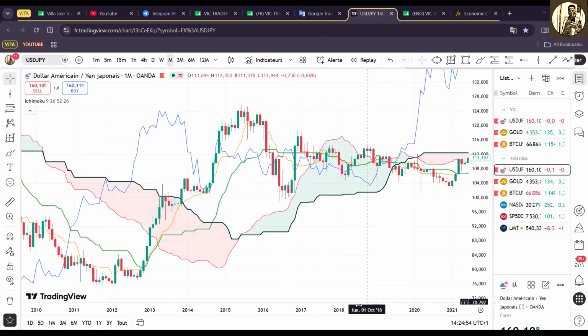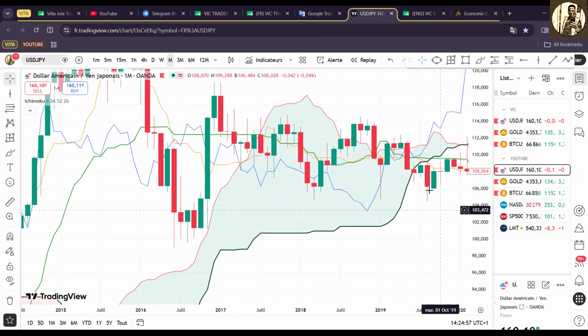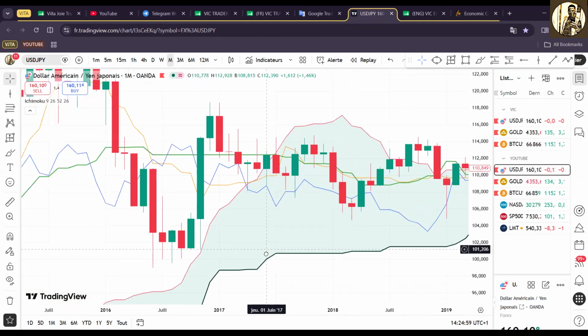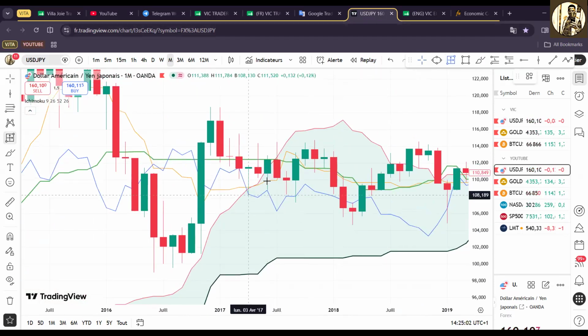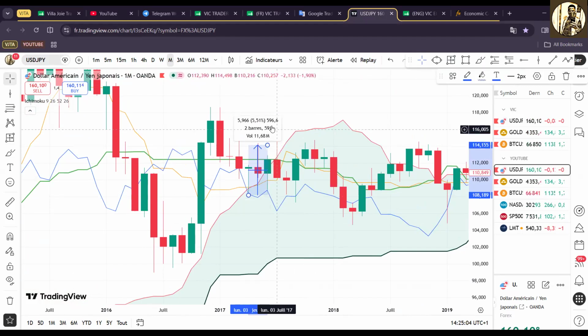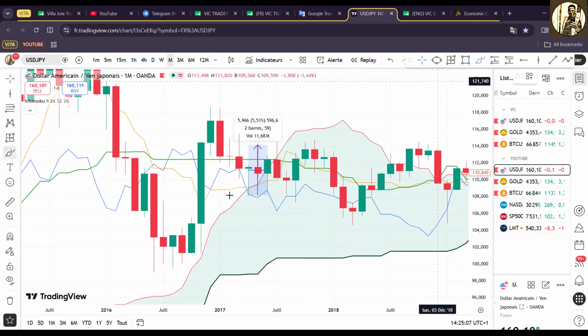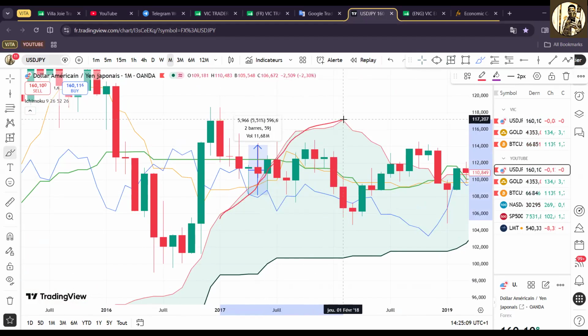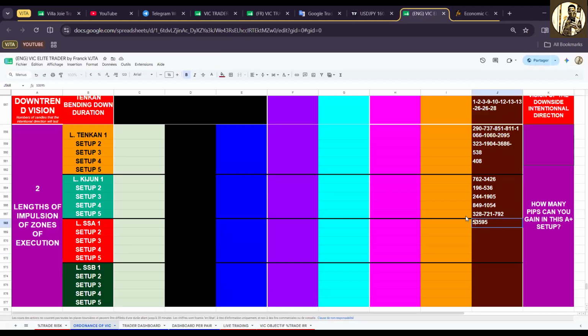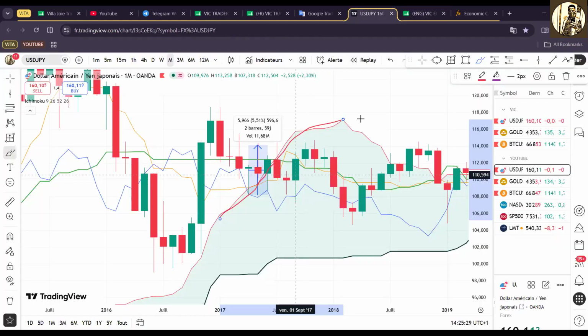Then we go on this at this level, right? We're gonna see that this candle starts here and ends up a little bit above here for the first touch. When I say the first touch, it's the first touch on this bending to the upside of SSA. That's the first touch that I'm referring to. So from the first touch of this uptrend, SSA is 596 pips.